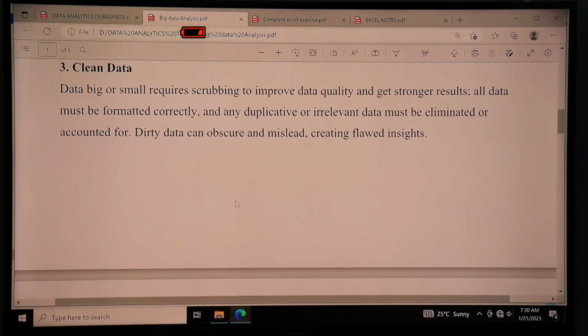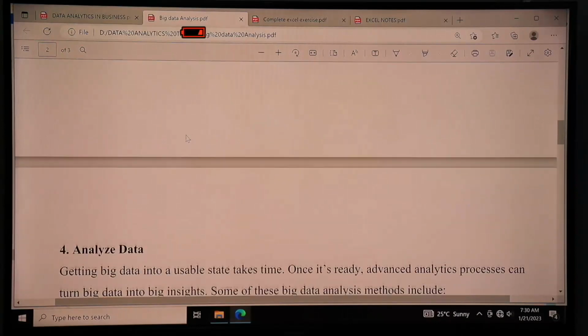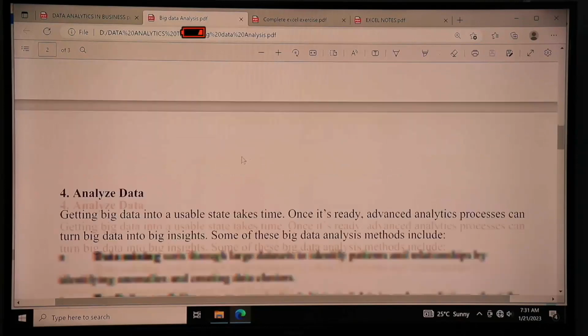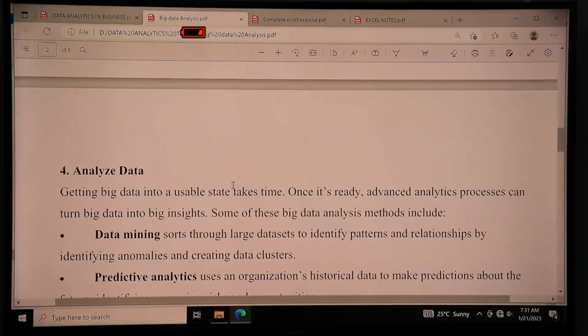Data cleaning is actually large. It involves a lot of activities, which we are going to uncover here, that when you talk of data cleaning, specifically what are you referring to? Sometimes even refining the data involves replacement of the current data with newer records. That is still under data cleaning. Then after this, we have analyzing of the data, that is getting big data into usable states.